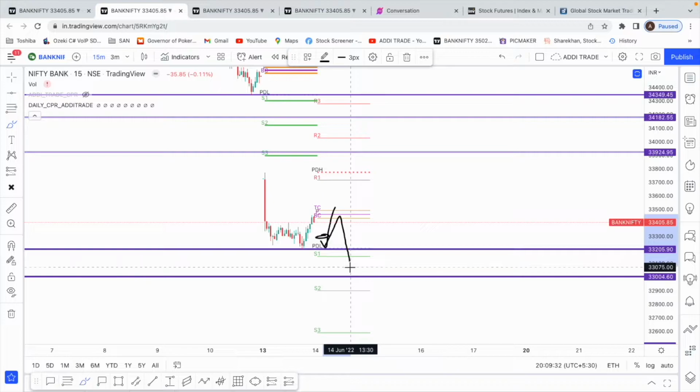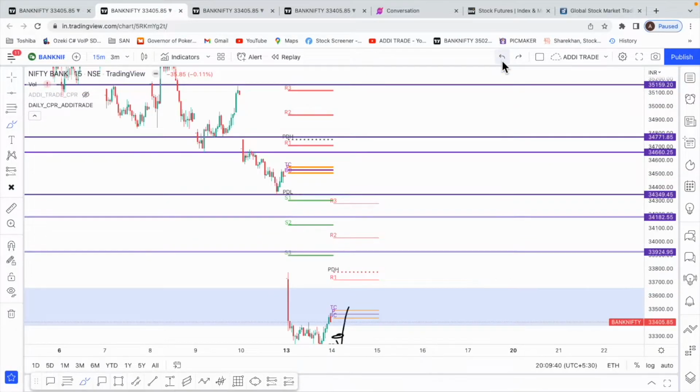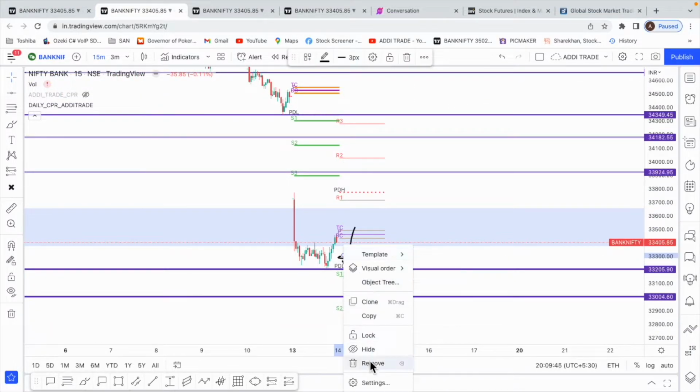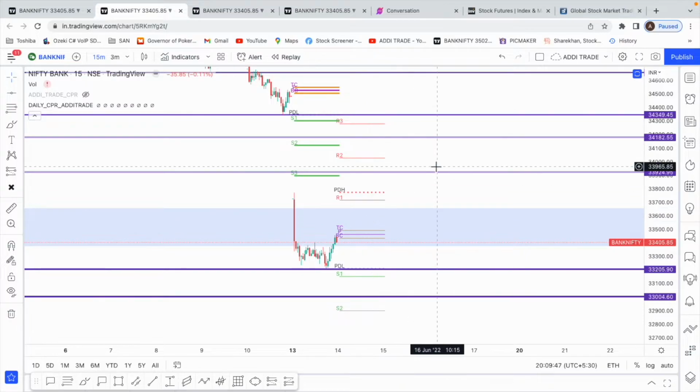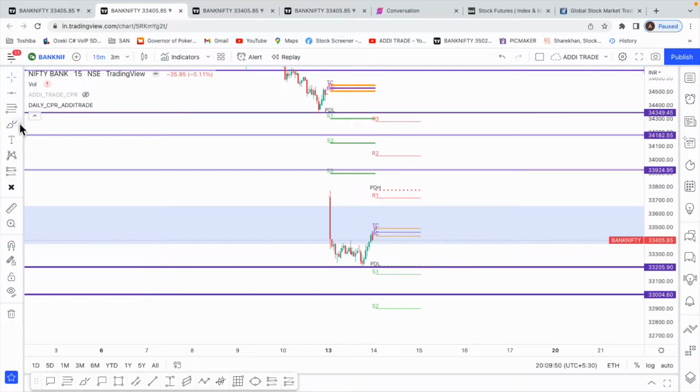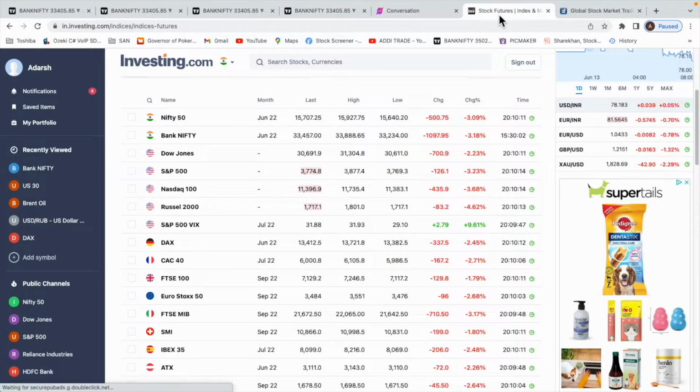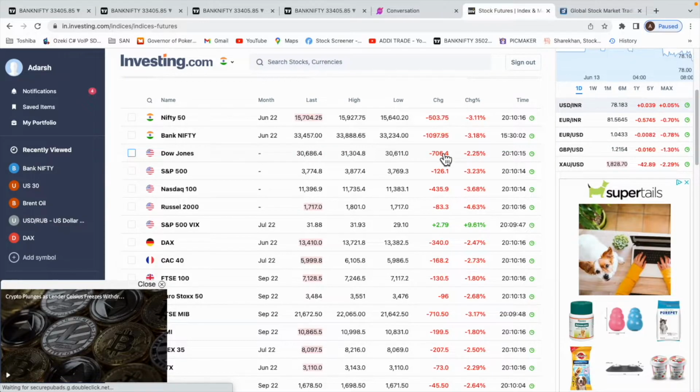So the best trade for tomorrow is a short if this previous day low is broken. I don't think we'll get a gap up, but if we do, and if we come closer to this previous day high, it's definitely a short. Any gap up will just be sold into in this market, which I don't think will come easily, but we'll have to see how the US market does, whether it recovers or falls further.